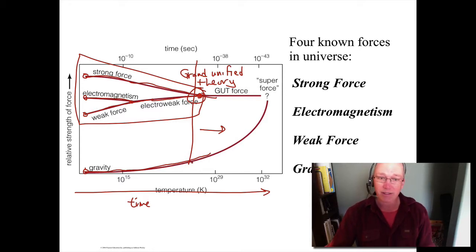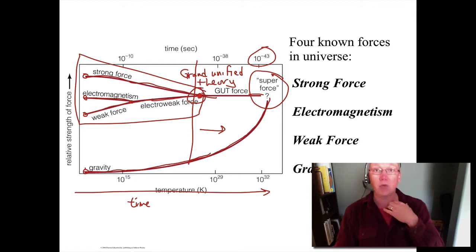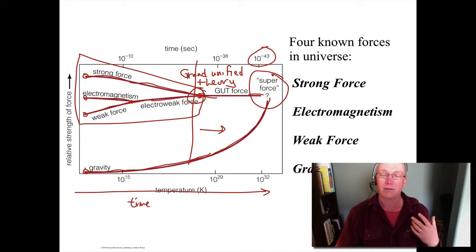It was called the early universe, and the early universe gets hotter and hotter and hotter, and we suspect that at some temperature earlier than 10 to the minus 43 seconds, because theoretically they're distinct all the way up to that, all of these forces combine into one grand unified force that we don't really have a name for. We call it quantum gravity, we call it the super force, we call it the super GUT force, right? This is effectively the unification of all four forces in nature. Again, this is beyond where we can observe in the universe, and right now it's theoretically beyond what we can even calculate. So we don't know what it is.